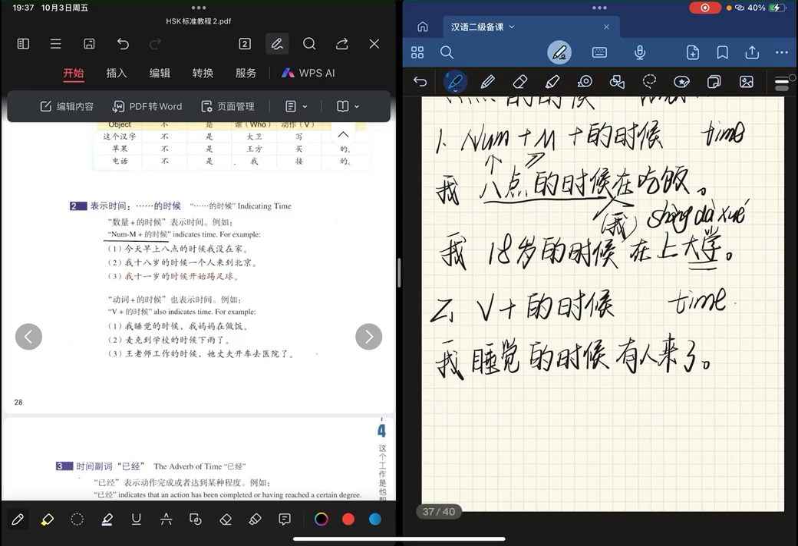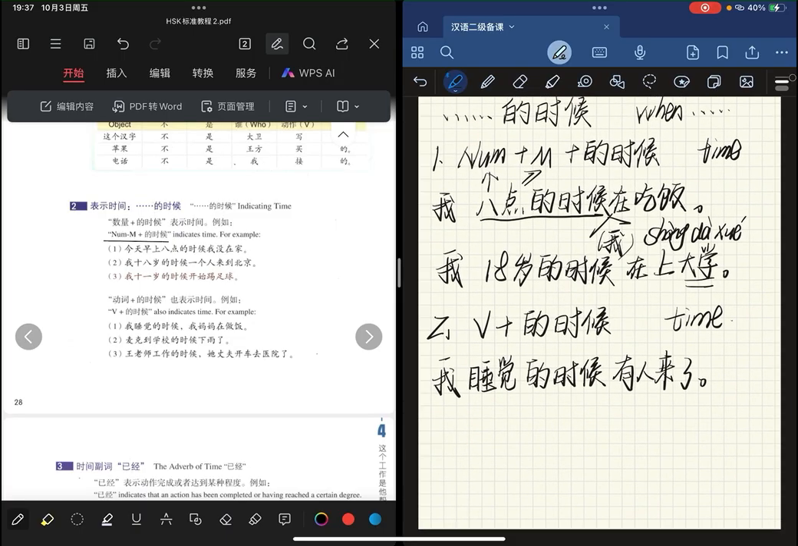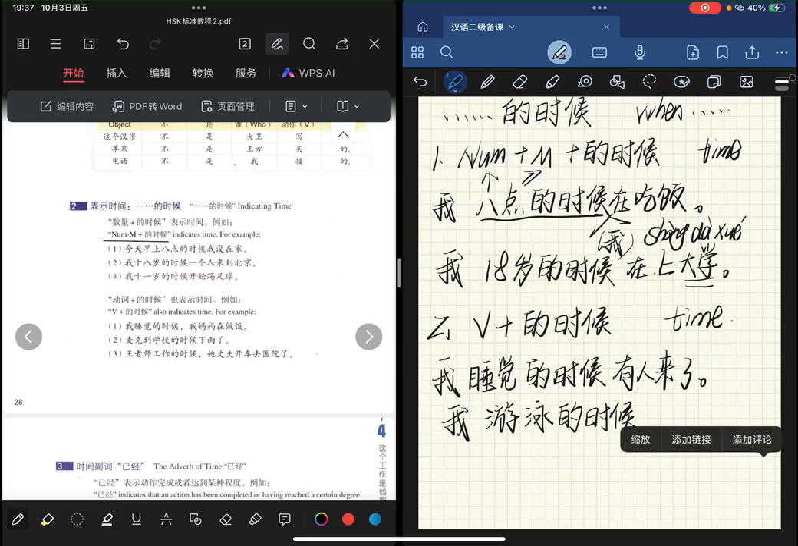Or another one. When I went swimming, 游泳. 我游泳的时候, it rained. 下雨了。我去游泳的时候下雨了。So during the time of doing this action, something else happened: it rained. 下雨了。